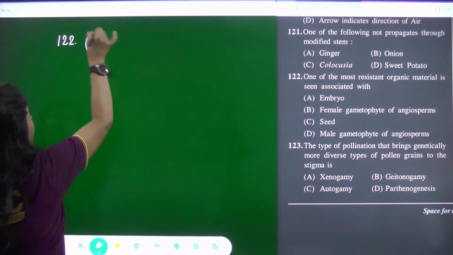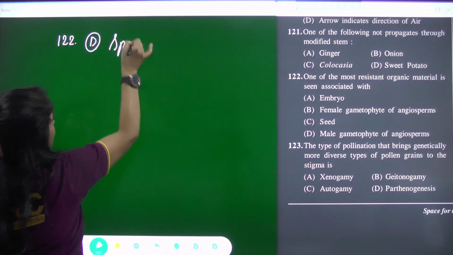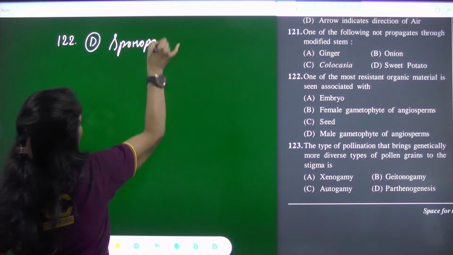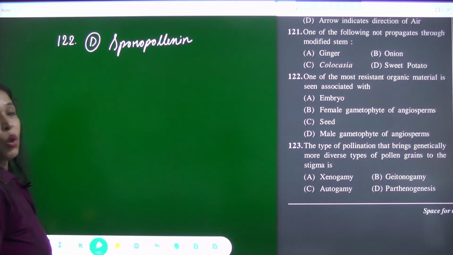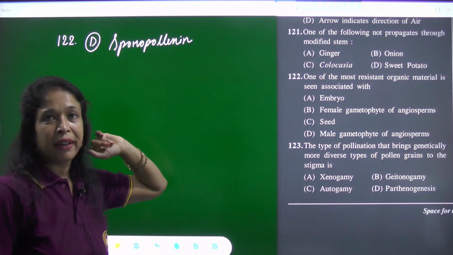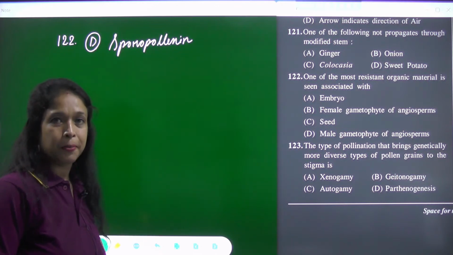मेल गैमेटोफाइट, ठीक है। और क्या नाम है रेजिस्टेंट मटेरियल का? स्पोरोपोलेनिन, formed by oxidative polymerization of fatty acids, स्पोरोपोलेनिन। फाइन।